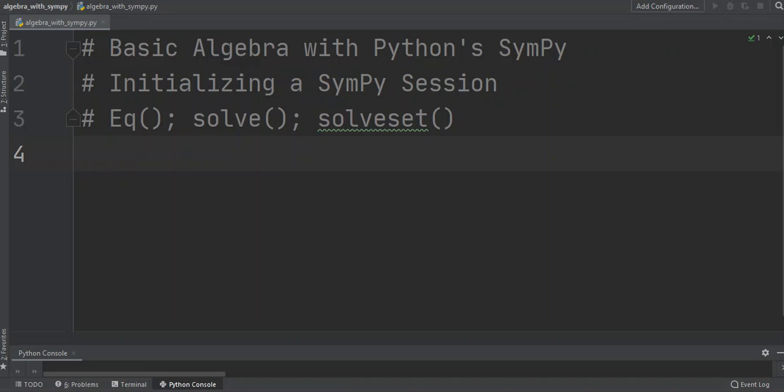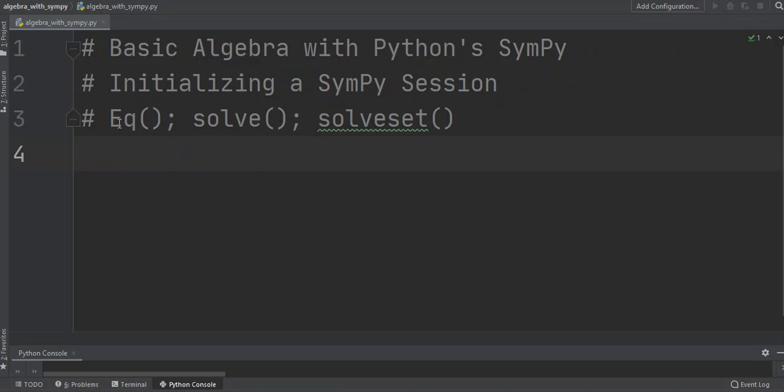In this video, we will discuss how to use Python SymPy to solve basic, by which I mean one variable, algebra equations. We'll say a few quick words as to the theory behind solving single variable equations by hand, but won't dwell on it. Then I'll show you how to initialize a SymPy session, representing an equation using this EQ class,